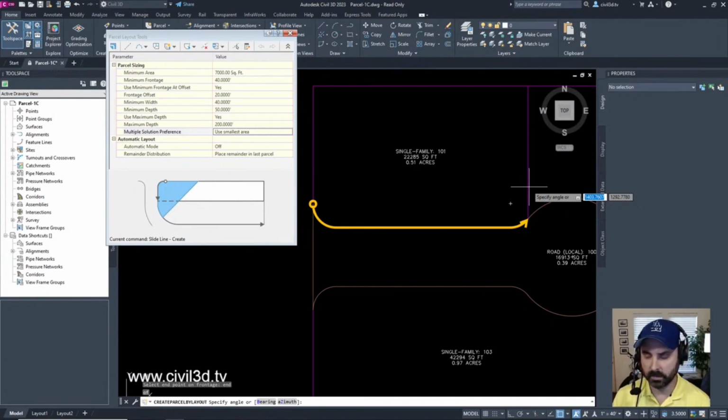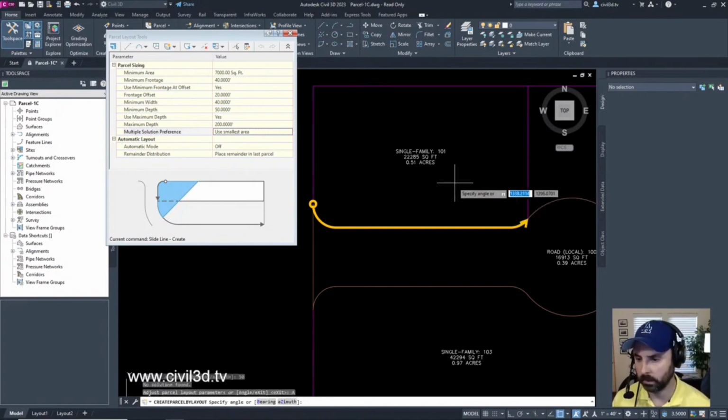Now it's saying to specify an angle. Frontage angle, we're going to type in 90 degrees. Press enter. And of course, no solution found. Angle 90.